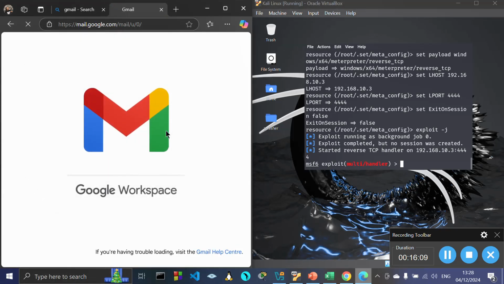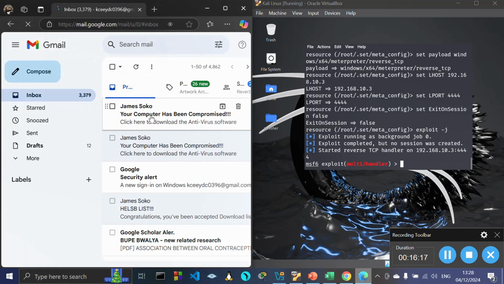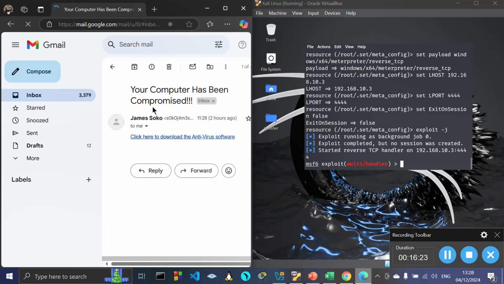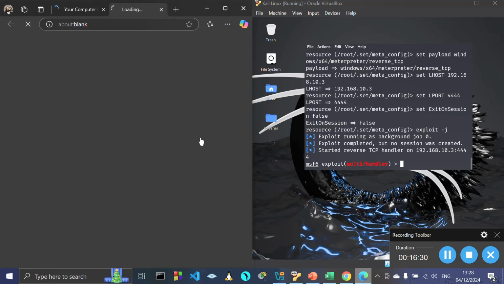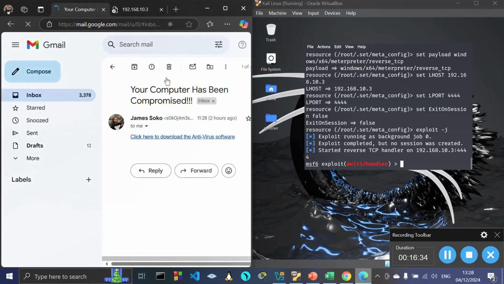So I'm going to my Gmail account for that particular account. This user has received this email that your computer has been compromised. They would click on this link, and then it says click here to download the antivirus software. Once a user clicks on this link,